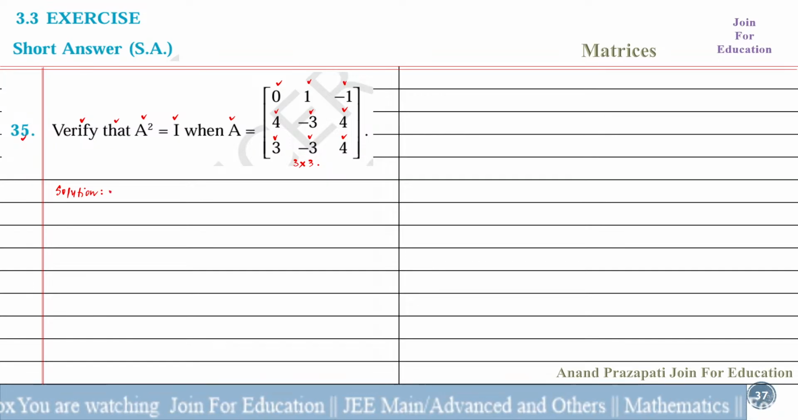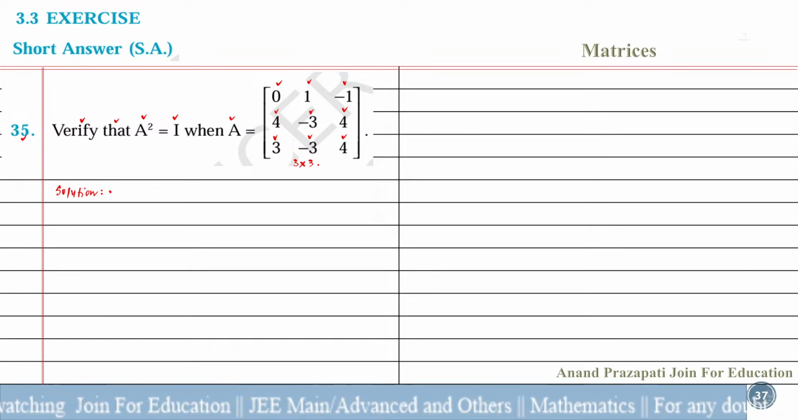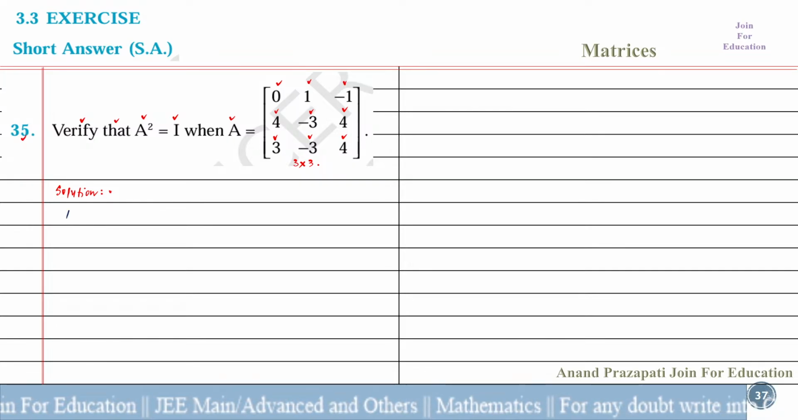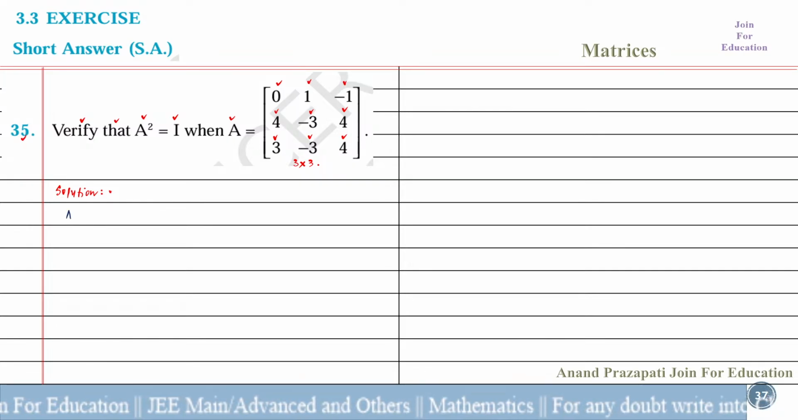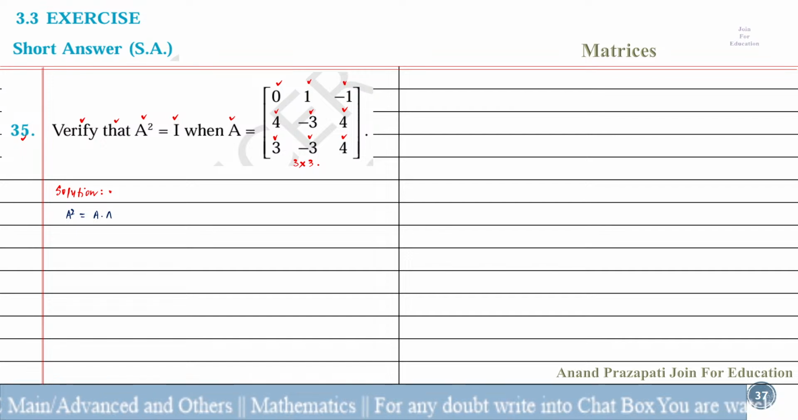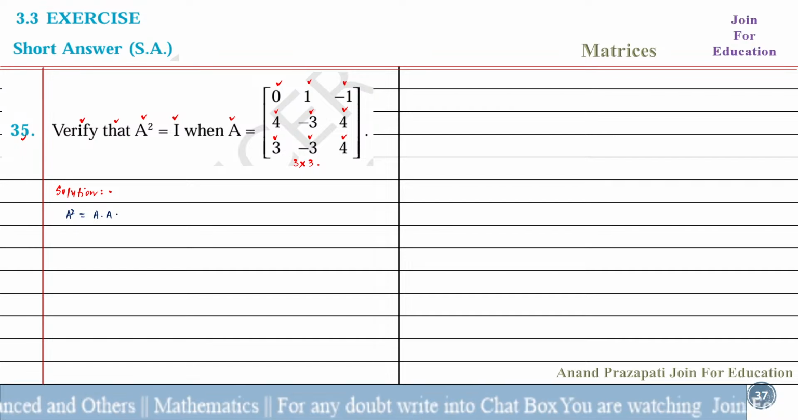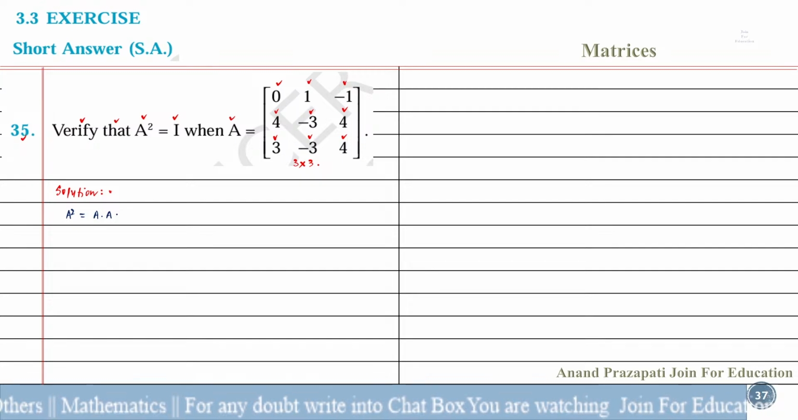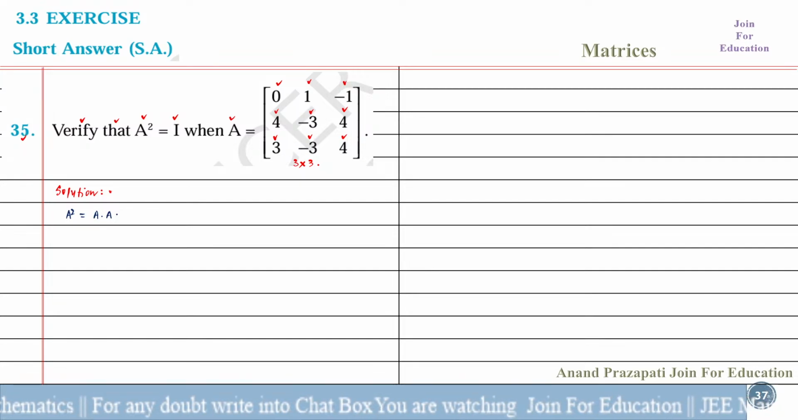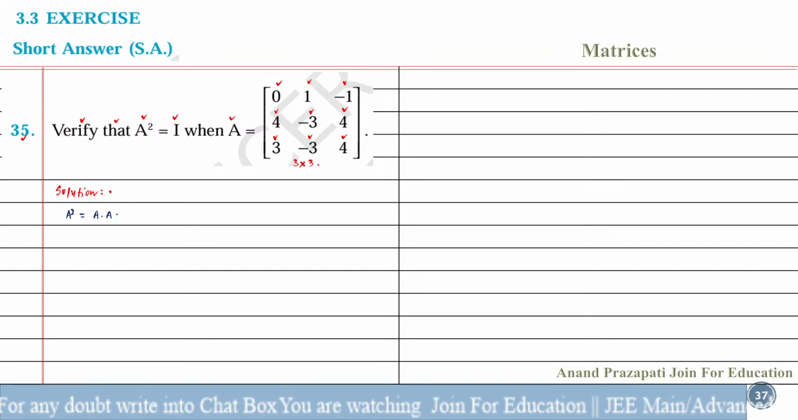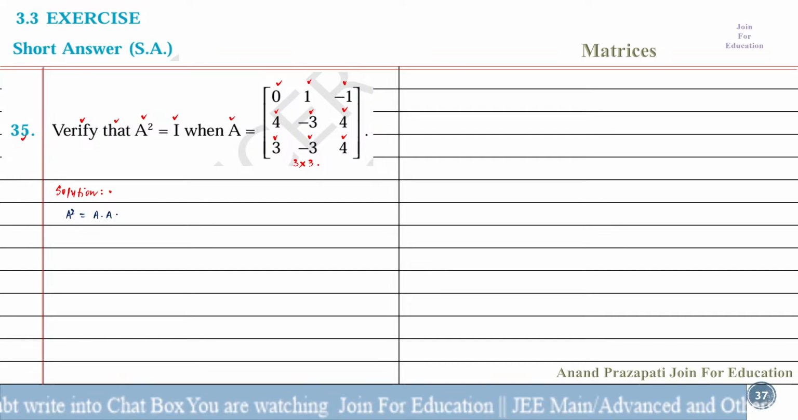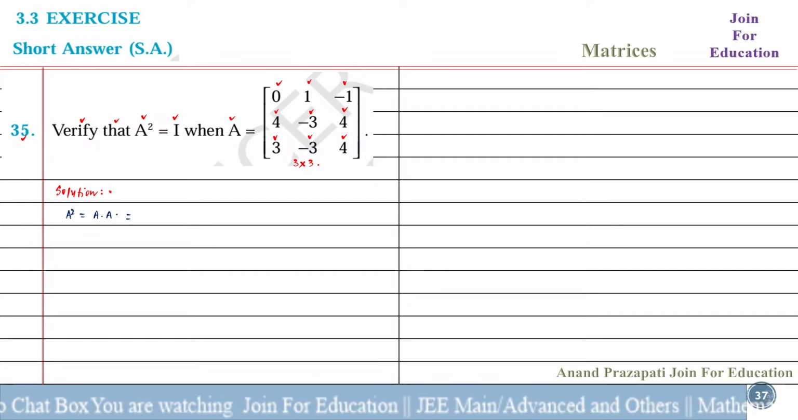We find out A square. So we write down here A square equal to A into A. So the order of A is 3 by 3. Therefore, multiplication of A into A is possible, equal to,